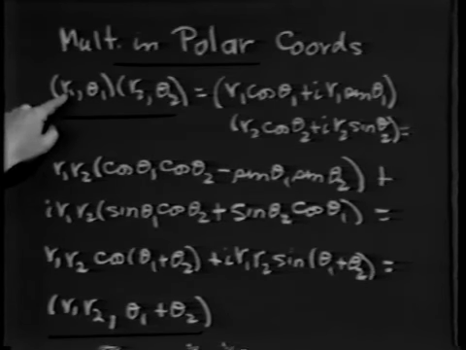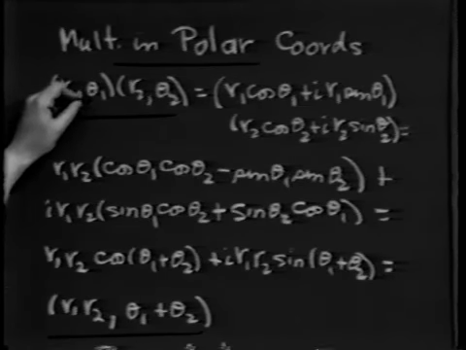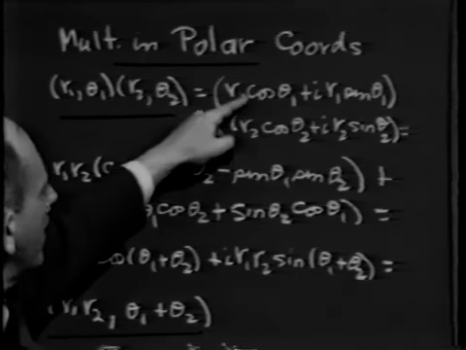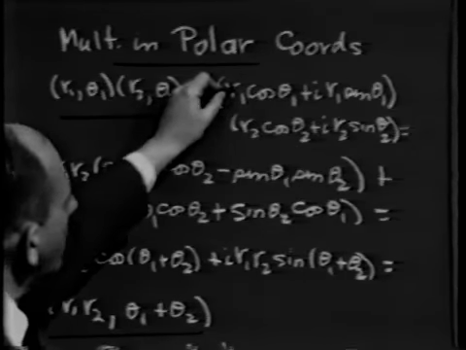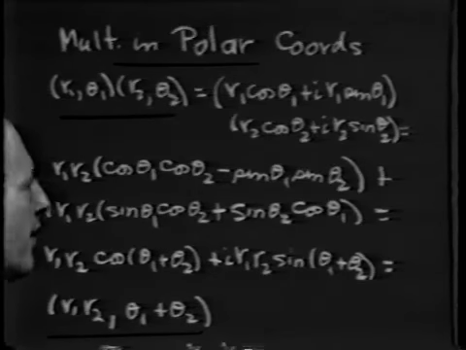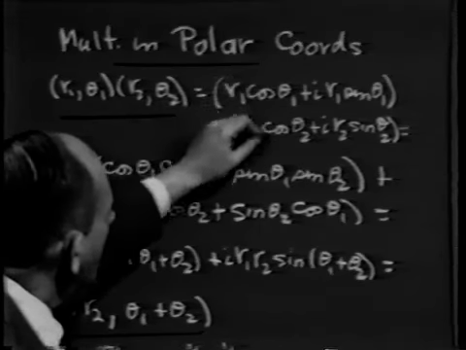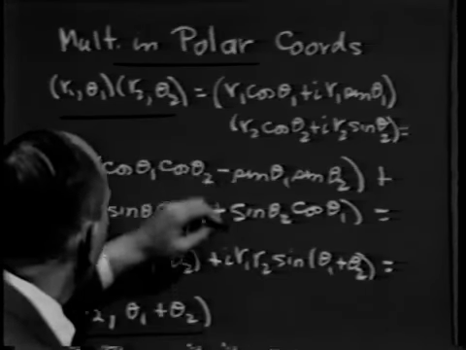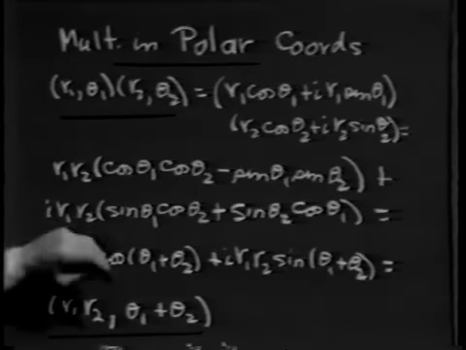The x coordinate is r1 cosine theta 1. The y coordinate is r1 sine theta 1. At any rate, this product in terms of the standard notation, the x plus iy form, says we're multiplying these two numbers together. And using our rule for multiplication, multiplying term by term, and remembering that i squared is minus 1, observe that if we collect the terms here, and I'll leave the details for you to verify at your leisure,